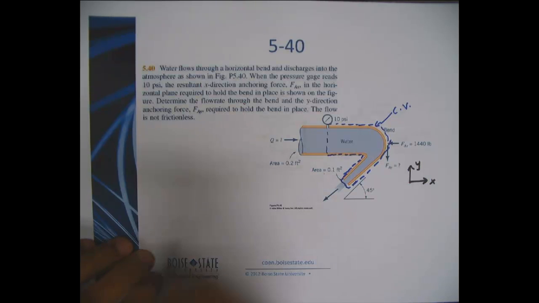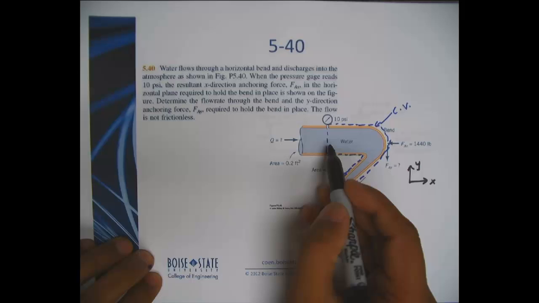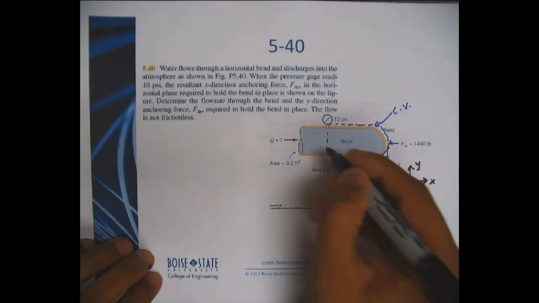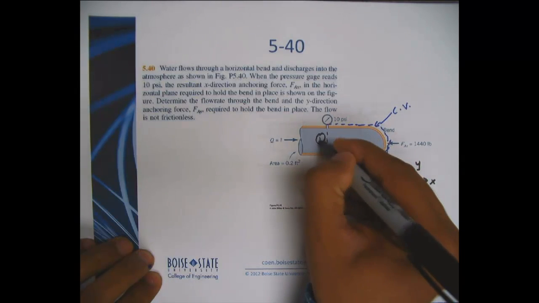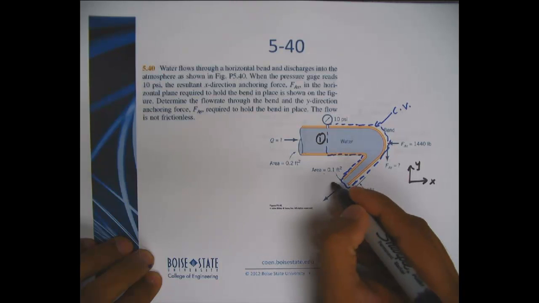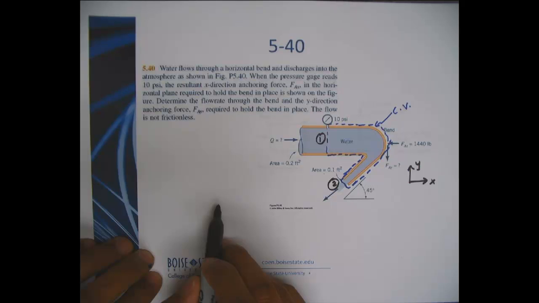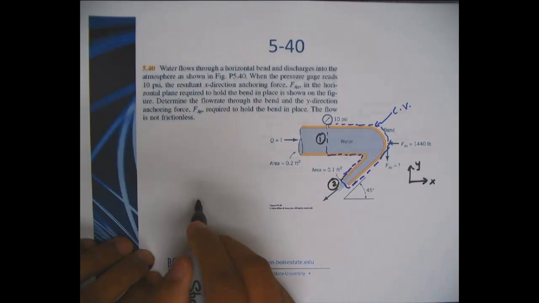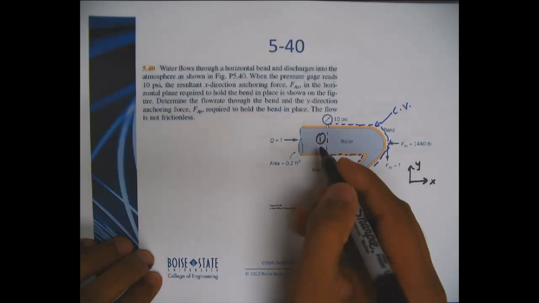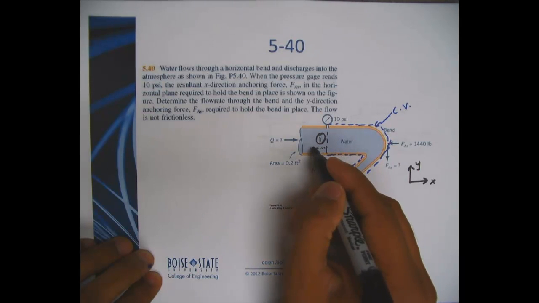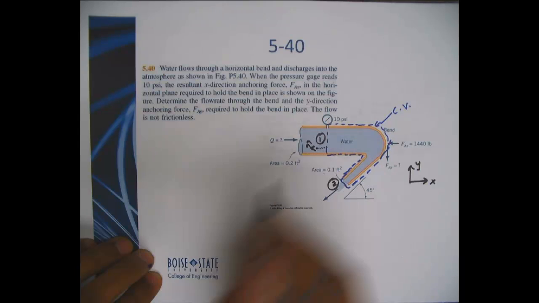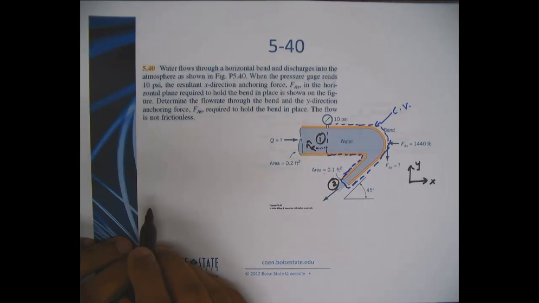If I do that, for this section here, let's say this is section 1 and this is section 2. For section 1, your velocity is going in the positive x direction, whereas your normal is going this way. That means v dot n will be